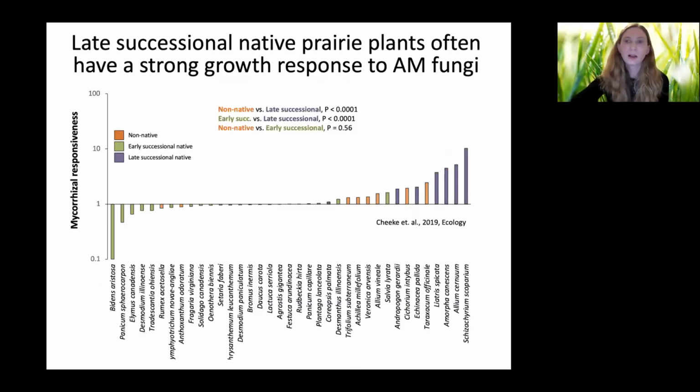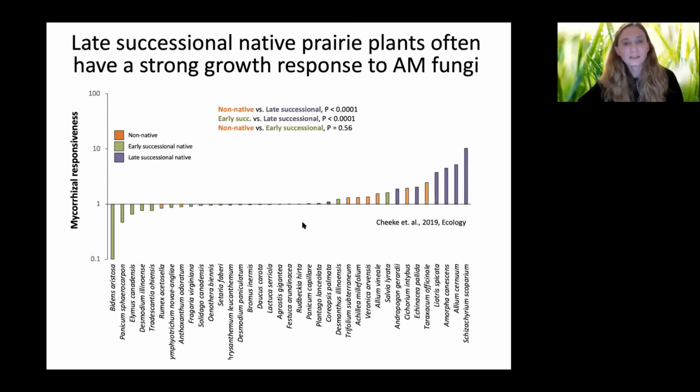Previous to my work at WSU, I was working at Indiana University, where I was doing prairie restoration within the tallgrass prairie system. I had done some greenhouse experiments where I had taken a bunch of different plant species that were native and non-native to the tallgrass prairie system and looked at how they responded to inoculation with local or native mycorrhizal fungi. And then I took my data and combined it with all the other studies that I could find in the literature who had also done something similar, so I could start to see if there were any patterns that emerged.